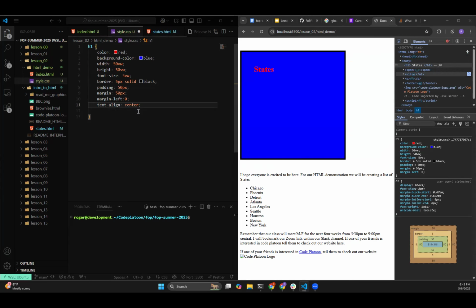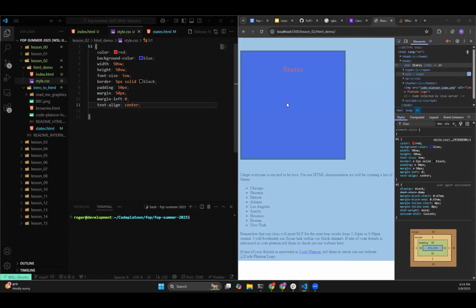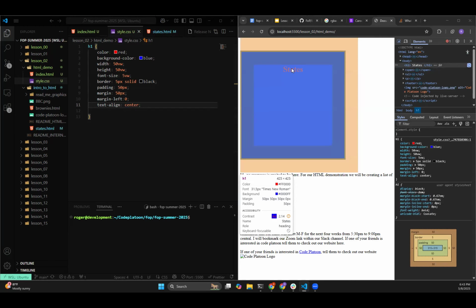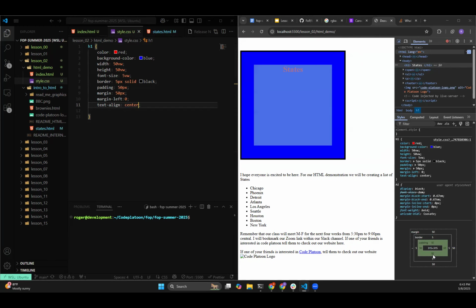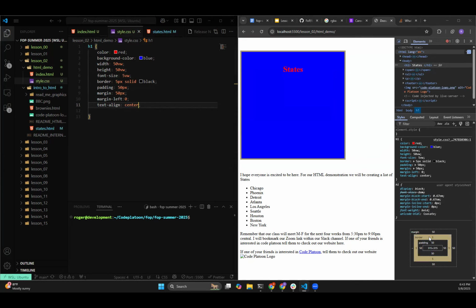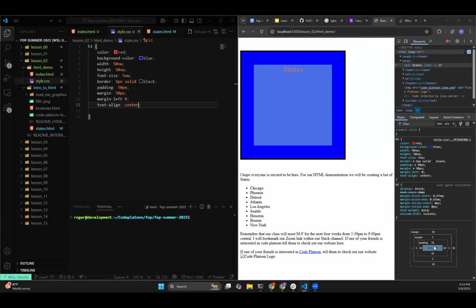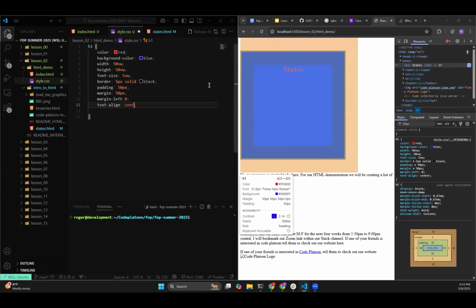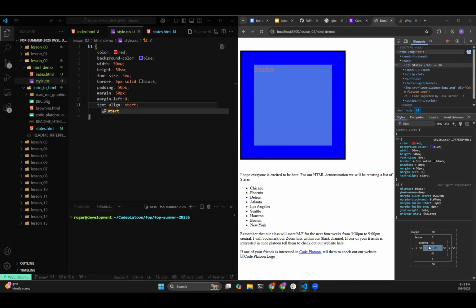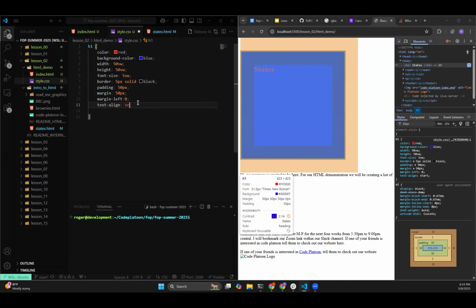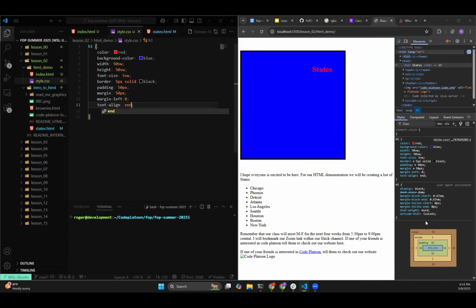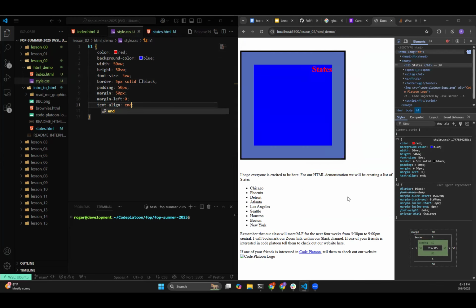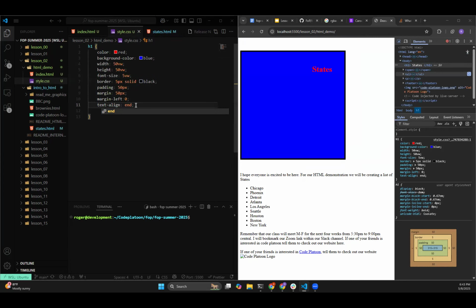I'm gonna do center, and I'm gonna save this. And it centered it, but centered it where? Right, it centered it from left to right. Let's see if I do start. What does that look like? Yeah, by default, it looks like it's already at start. And end should put me on the far right then. Absolutely. There we go. So you would think text align center would put me in